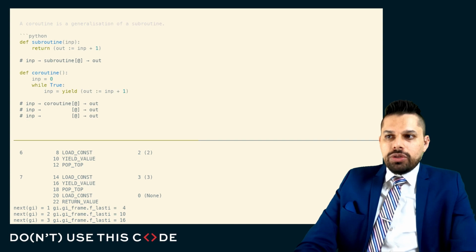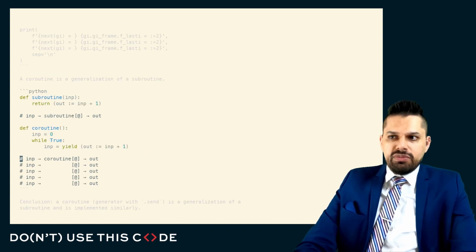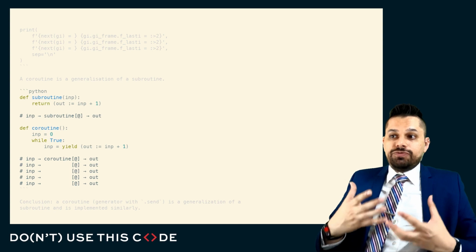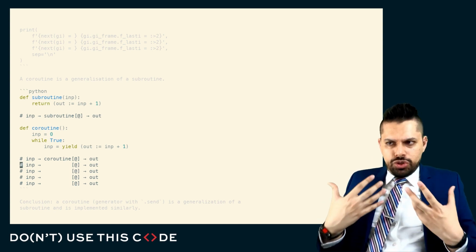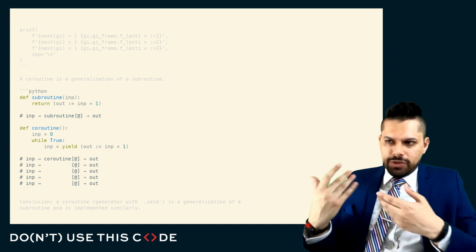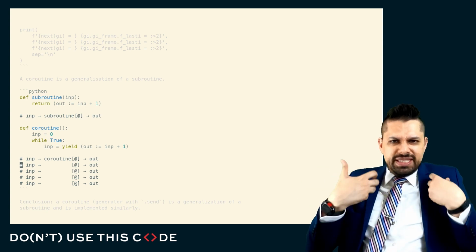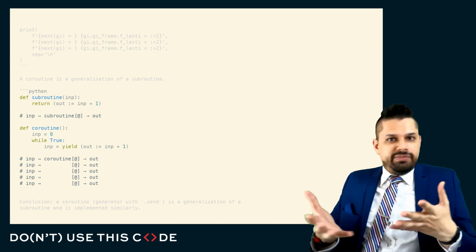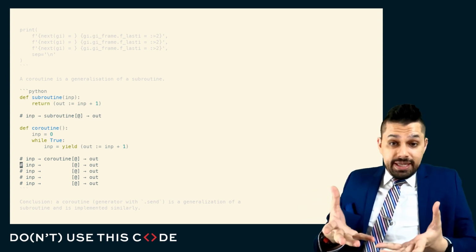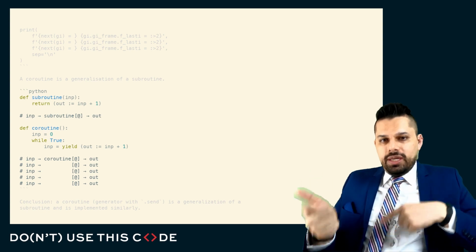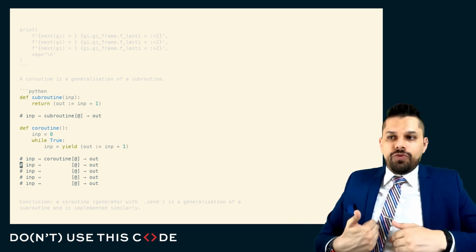When we talk about coroutines, that is, generators with send, we often talk about them as generalizations of functions. When we talk about them as generalizations of functions or subroutines, we talk about that from a semantic perspective, from a conceptual perspective. In other words, a subroutine is something that takes input, does some work, and gives output. A coroutine, a generator with send, is something that takes input, gives you some partial output, takes some more input, gives you some partial output, takes some more input, gives you more partial output, and so forth and so on.